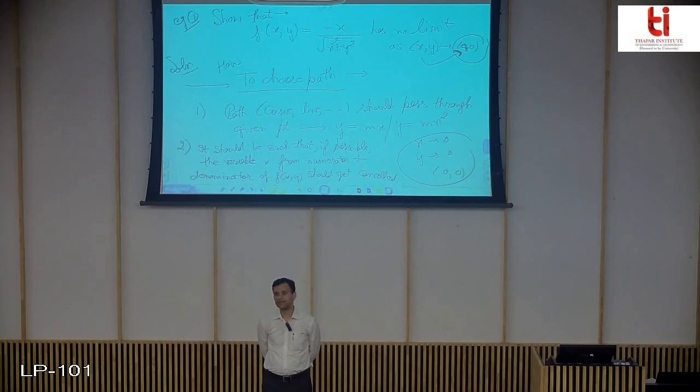So your second priority that will now refine the path depends upon point 2, that it should be such that, if possible, because it is not always possible that you can use the two-path test. There are many functions where you can't use the two-path test. But if it can be used, then the second condition will show you that variables of x must be cancelled from up and down, numerator and denominator.